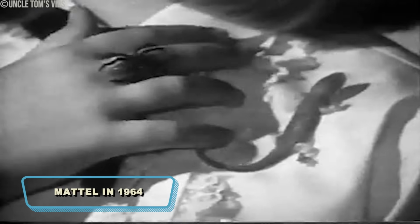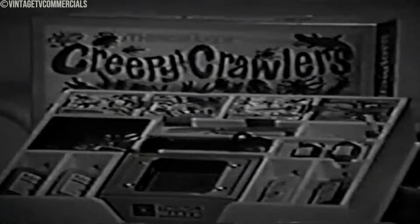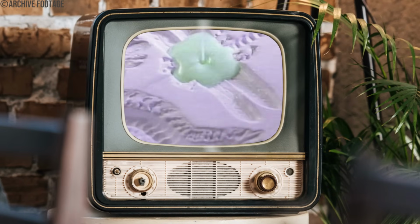Released by Mattel in 1964, this kit lets kids create rubbery insects and creatures by pouring liquid plastic goop into metal molds. The real magic happened when they placed the molds onto an open-faced electric hot plate, baking the goo into squishy, wiggly critters. It was part toy, part science experiment, and all kinds of fun, unless you accidentally touched